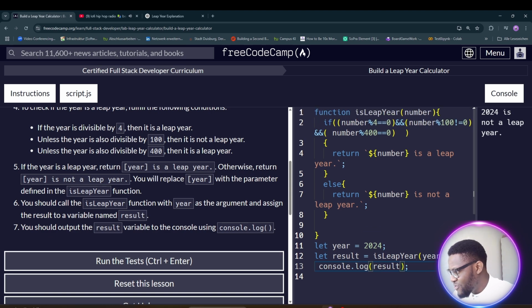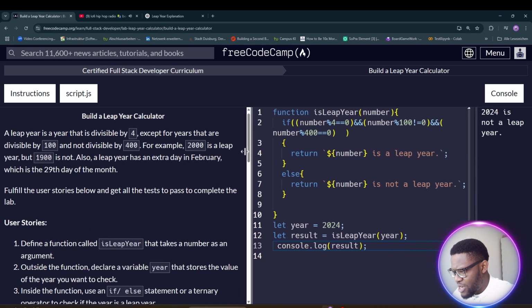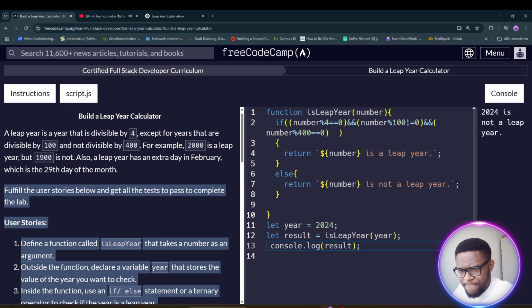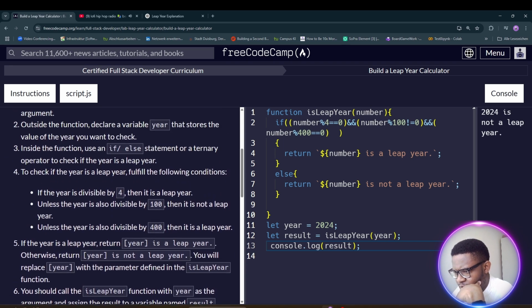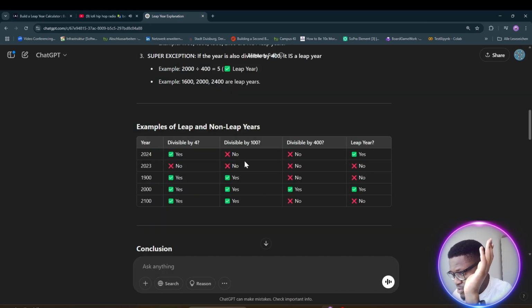So there's an error with my condition here. I'll check it again. Okay. Yes, if the year is divisible by 4, then it's a leap year. So this condition must be true. That's just it. Okay. Unless the year is divisible, so if the year is divisible by 100, then it's not a leap year. So